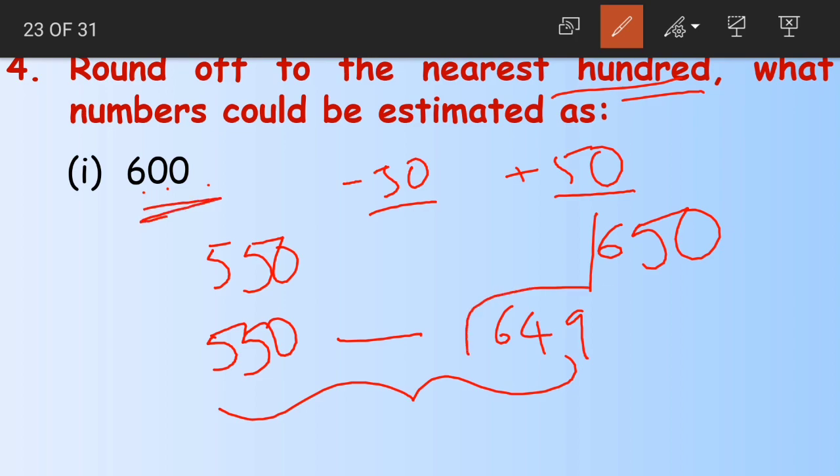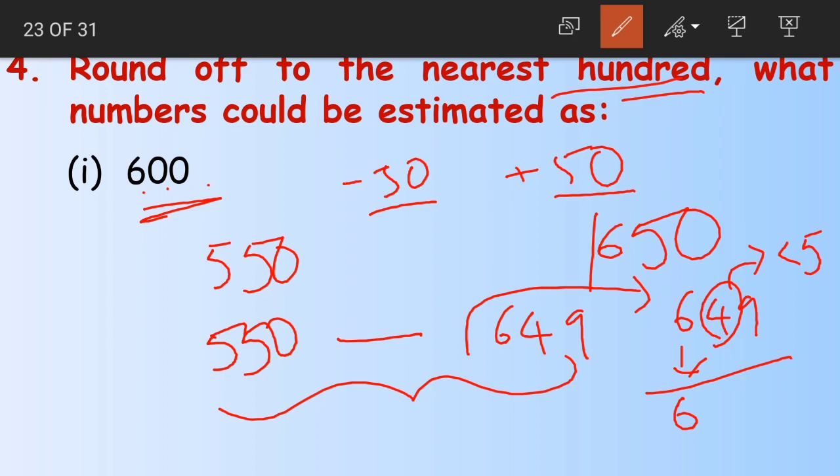You take any number you want, students. Okay, let us take 649 only. So when we take 649, 4 is in the tens place, it is less than 5, so the number here will remain unchanged and the remaining 2 digits will be replaced by zeros. So 649 will be estimated as 600. Understood, students? For the tens we added and subtracted 5. For hundreds we are subtracting 50 and adding 50. Again, why minus 50 and plus 50?